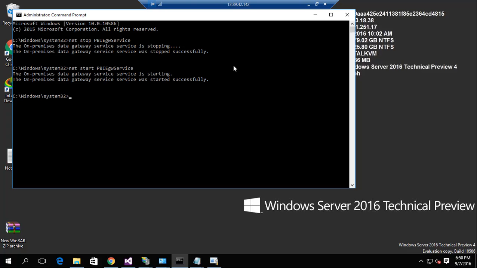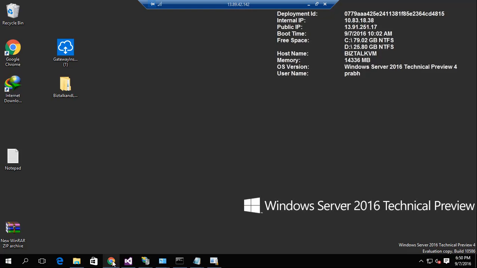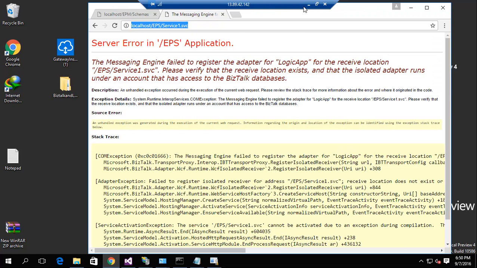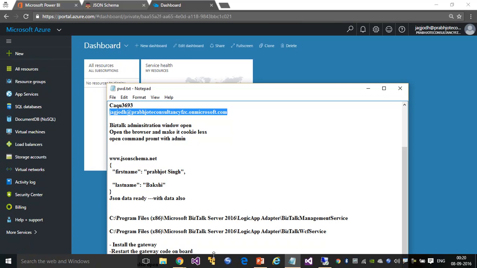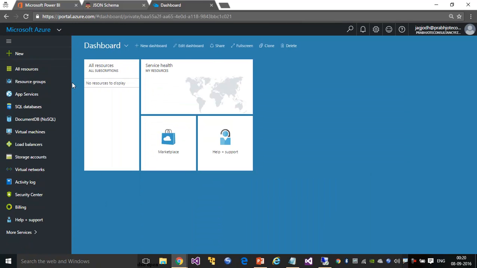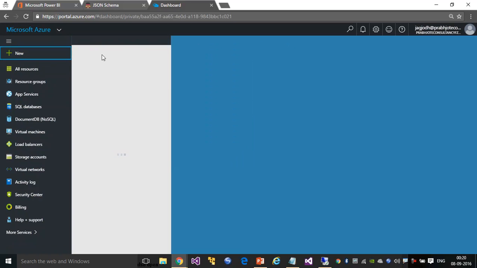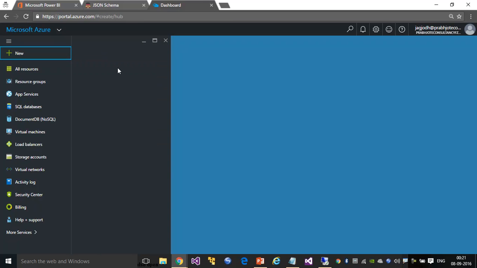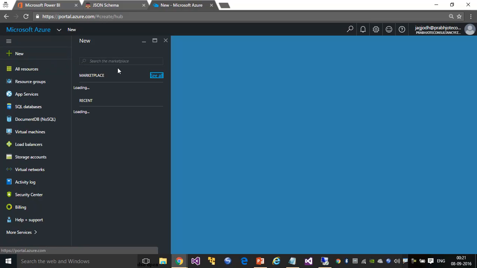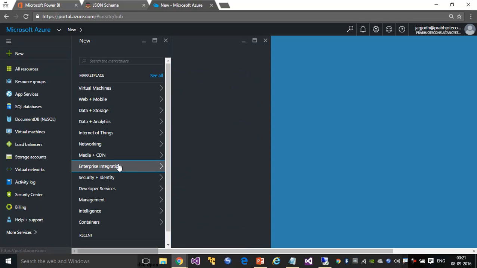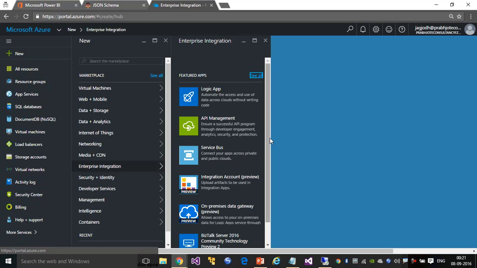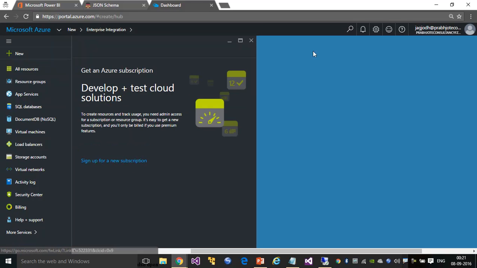Now it's time for us to associate our Azure subscription with an on-premises gateway. For that, I would be moving to our Azure portal, and there's an option here called Enterprise Integration, which is a place for Logic App applications if we are looking at some advanced integration solutions. And on-premises data gateway is under preview. I'm going to select that, and what it says is that